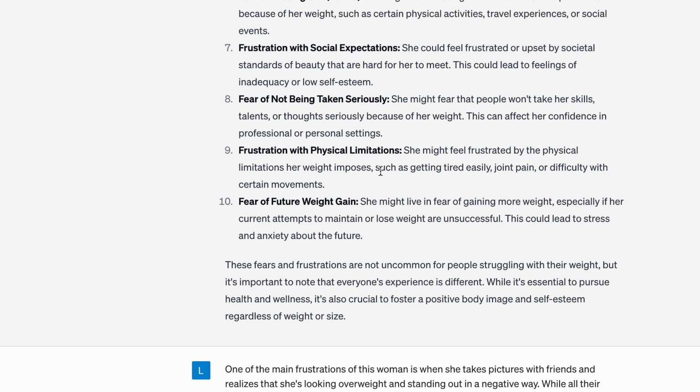Now, basically what you have to do here is this. Have this conversation with ChatGPT, figure out this list of around 10 real frustrations and problems that your target market has, and we are going to use those later on to write your copy. We are going to use those in the next module in order to figure out their real problems and go layers deep into those problems. And then we're really going to figure out how to communicate to those people on an emotional level. That's what we're going to cover in the next module of this phase. I'll see you there.